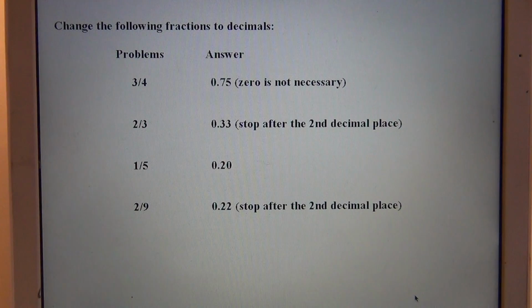Well, okay, that's the skill. To change any fraction into a decimal, you divide the top part, or the numerator, by the bottom part. Again, you will have to know how to do long division, and you will have to know how to do long division using decimals. And there are videos under the video events part of